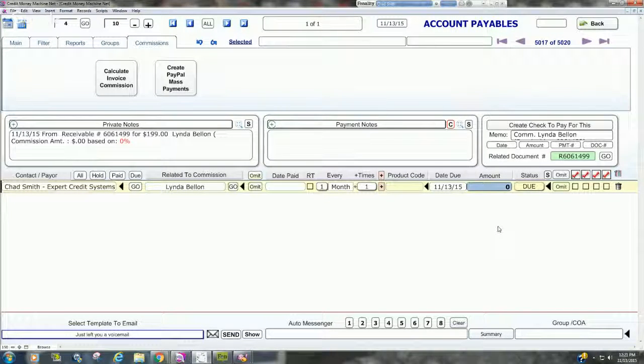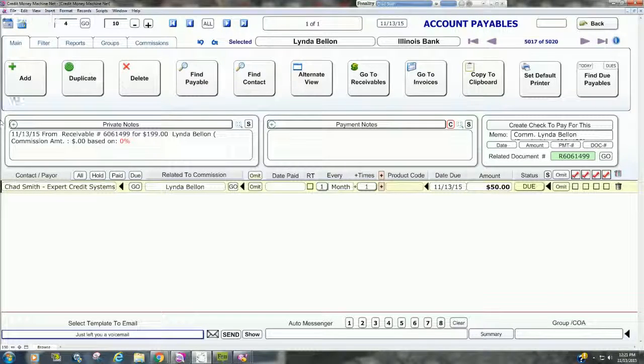Let's assume that my commission was 50 bucks. So it shows that now it's $50. And if you have your bank account information set up in the system, I can create a check to pay this payable right here. Okay? And if there was more than one,